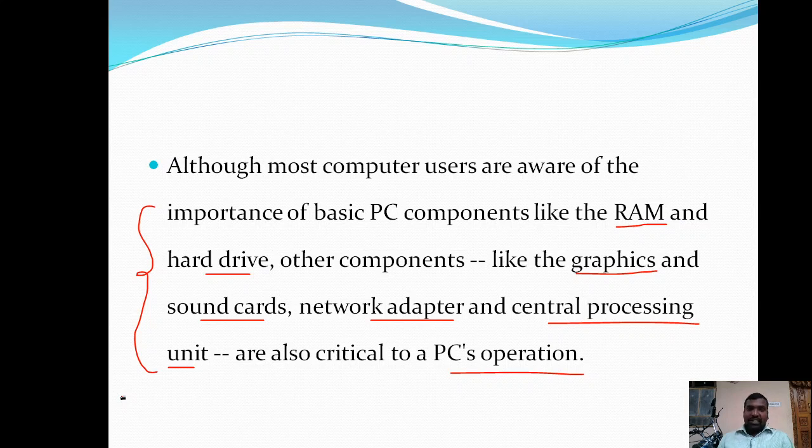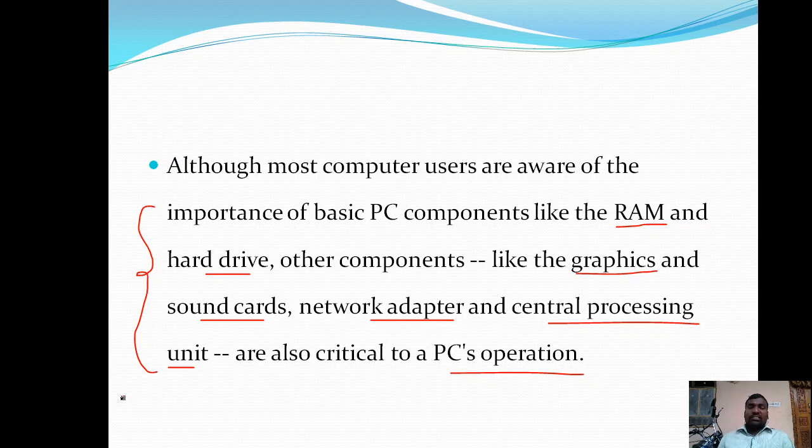Okay, so they try to know the details like what is your RAM capacity, size of the RAM, and what is the hard drive capacity, and is the graphics card supported, then what is the capacity of that particular graphic card, and which company it is, and then what are the sound cards we are using, and what is the network adapter available, and what is the company of your microprocessor, what is the speed of the microprocessor.